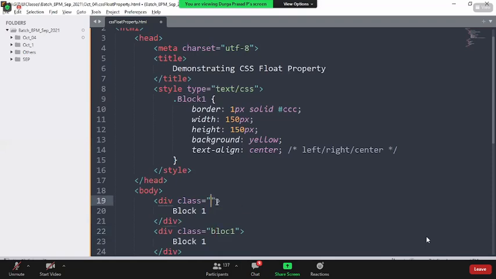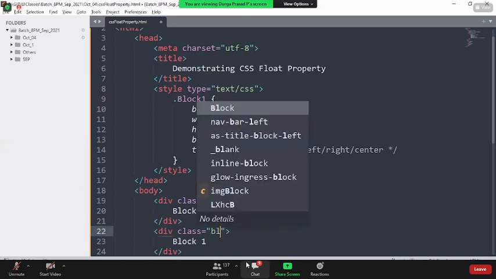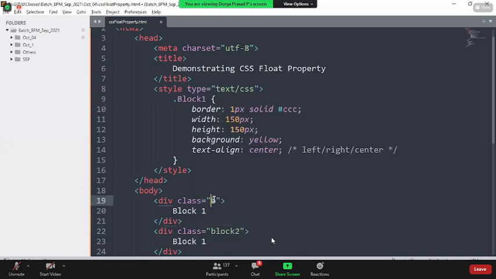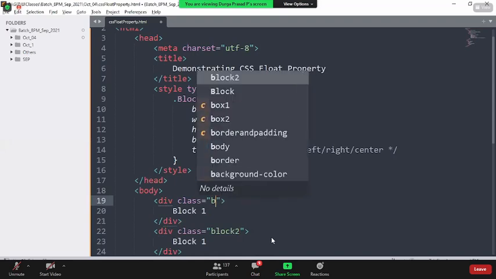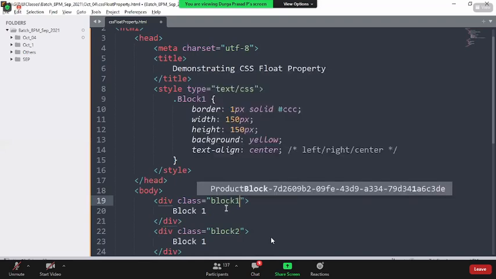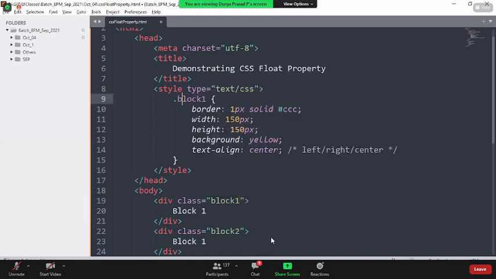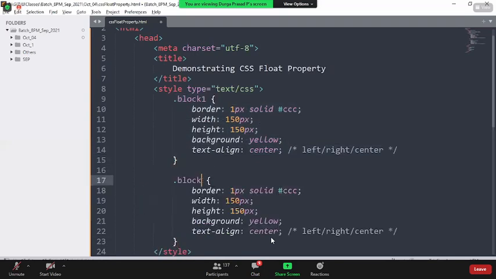Recommended to have the class name start always with a small letter. Now, if you save this, my expectation is I have block 1 and block 2, almost the same width and height, same properties.